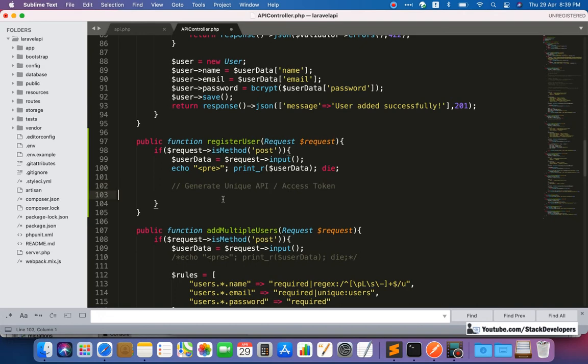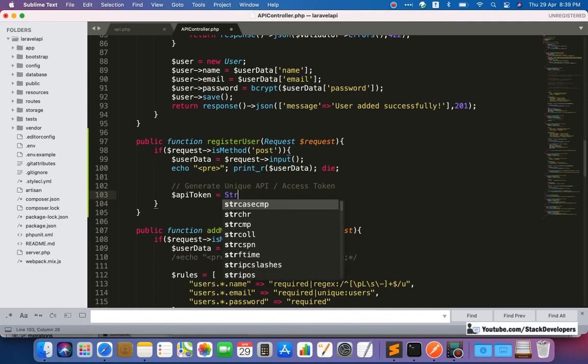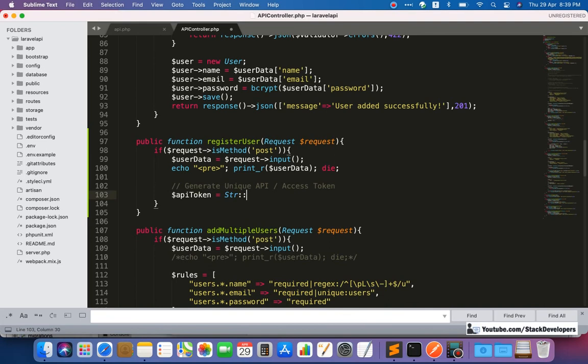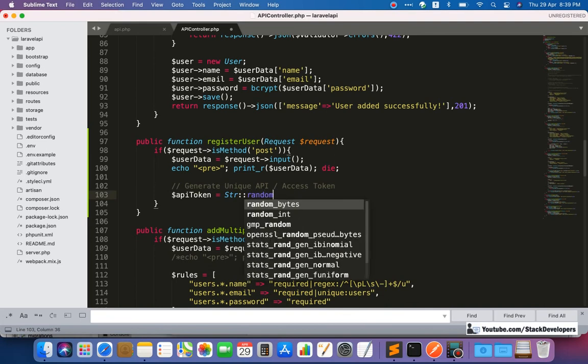Now here I'm going to do like $api_token. Here we will use the str method to generate a random string.